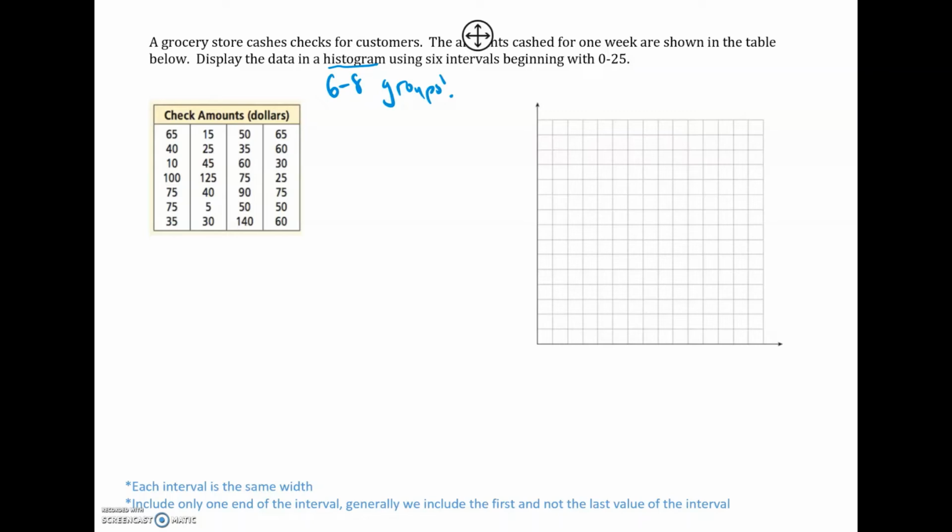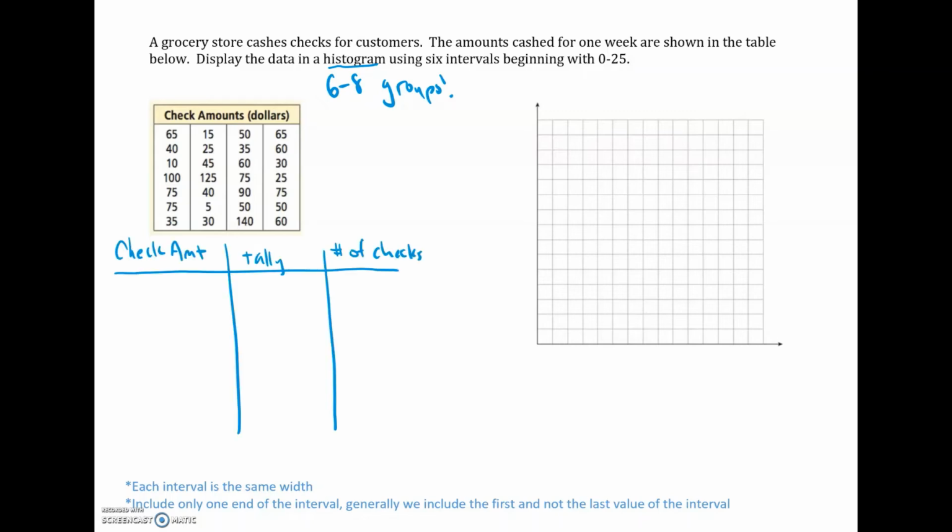So what we want to do is create a little table to tally up how many values go in each interval. So let me show you what I mean. Let me set up my table. Okay, so there's how I set up my table. So we're going to create our intervals that represent the check amounts, and then we're going to tally up how many from our raw data go in each group, and then we'll just total up the number of checks for each group. So like I was saying, I'm going to go 0 to 25, then 25 to 50,